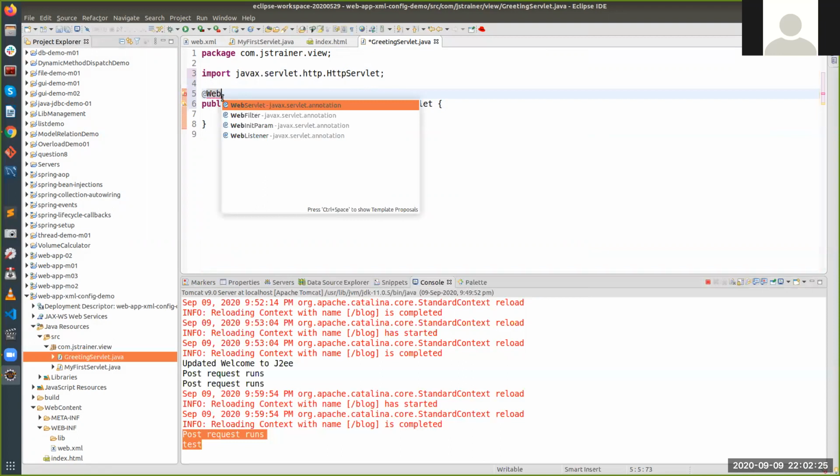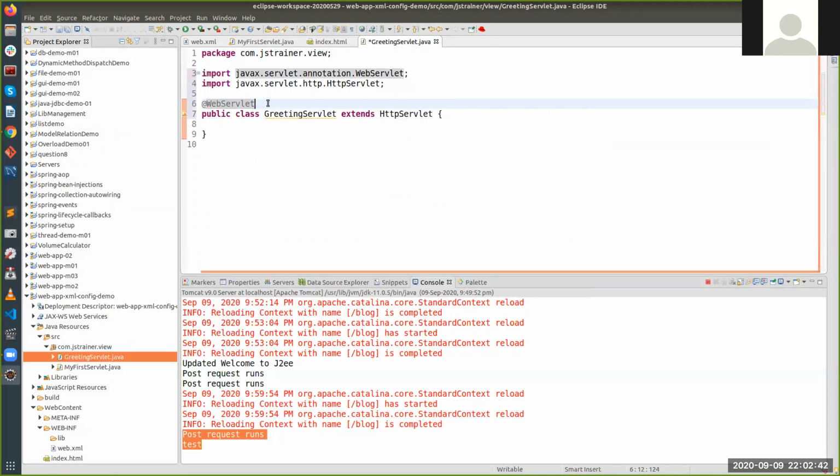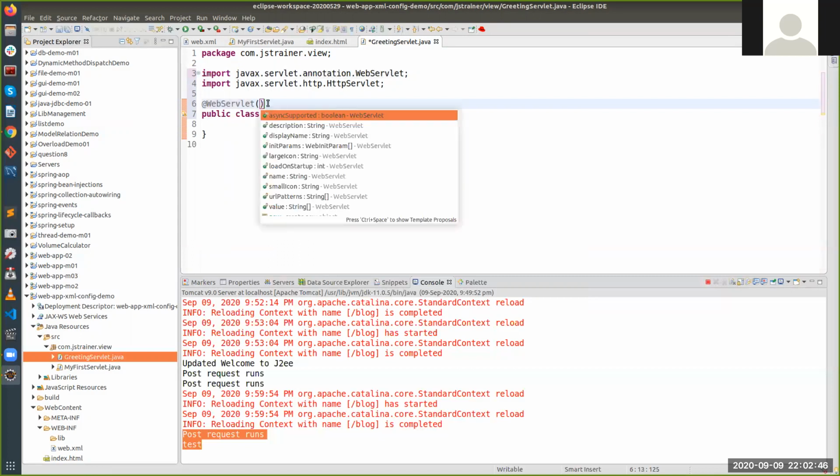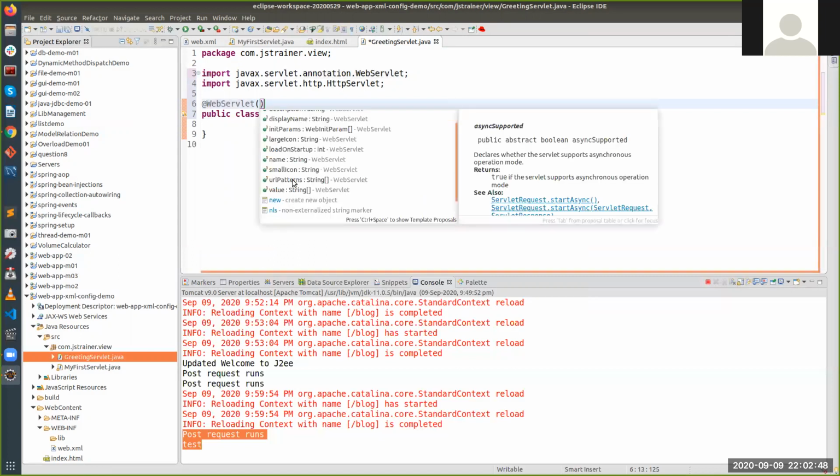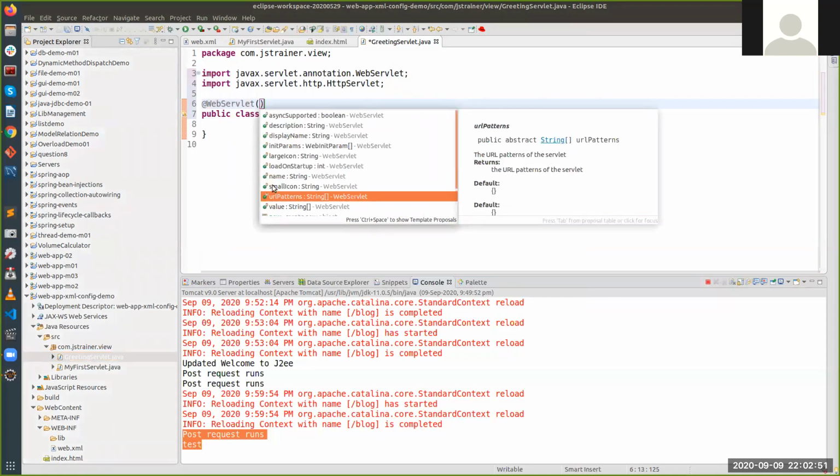This is called an annotation, right? Annotation does a lot of work in the background for you, and it takes away all these descriptive XML tags and helps you in configuring it from within your project. So I'll add this @WebServlet, and here I'm going to give a URL pattern that this servlet should run on.